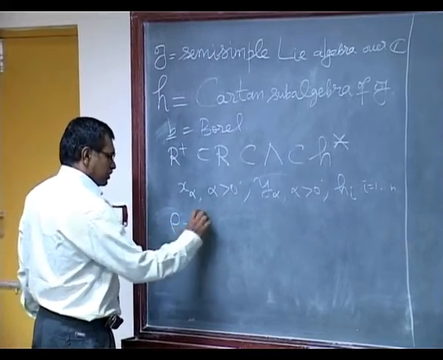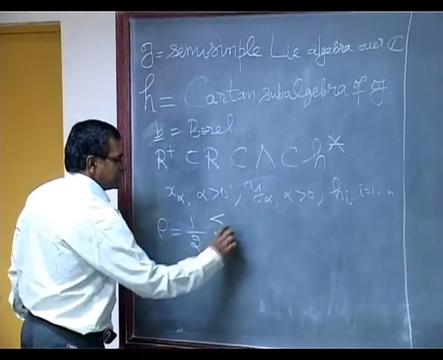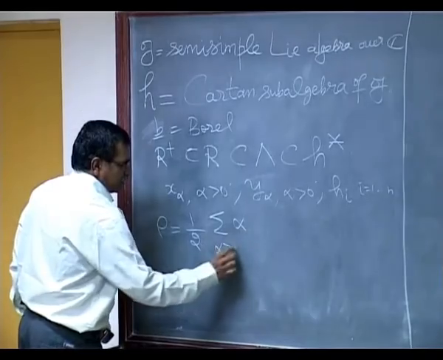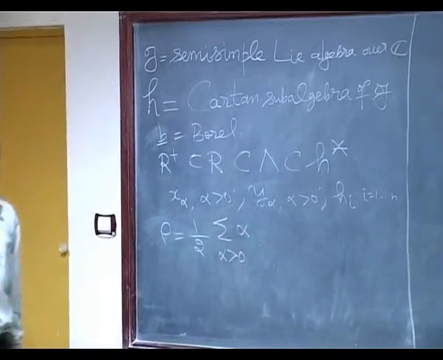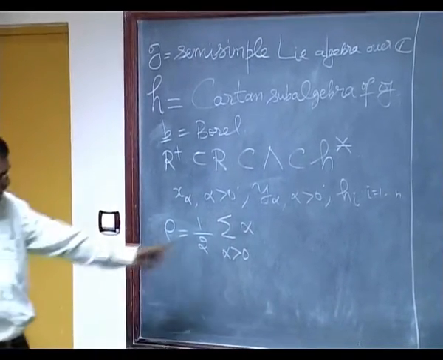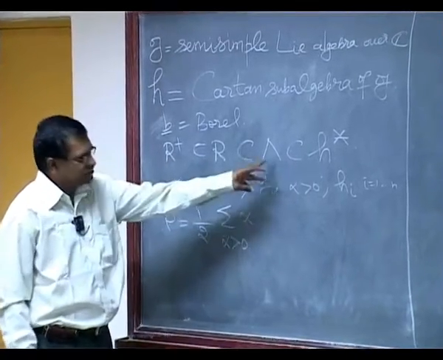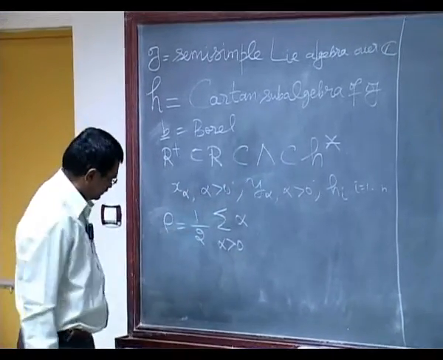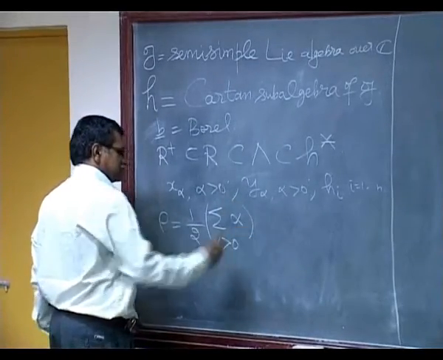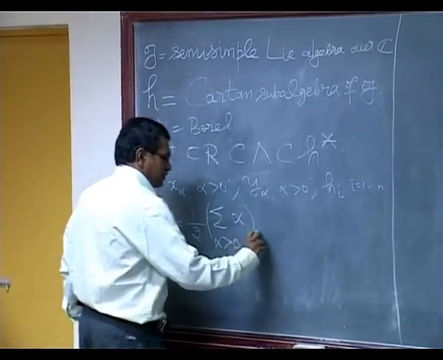Rho is the half sum of positive roots. So, take the positive roots, elements here, then add this in the lattice and add this half sum of